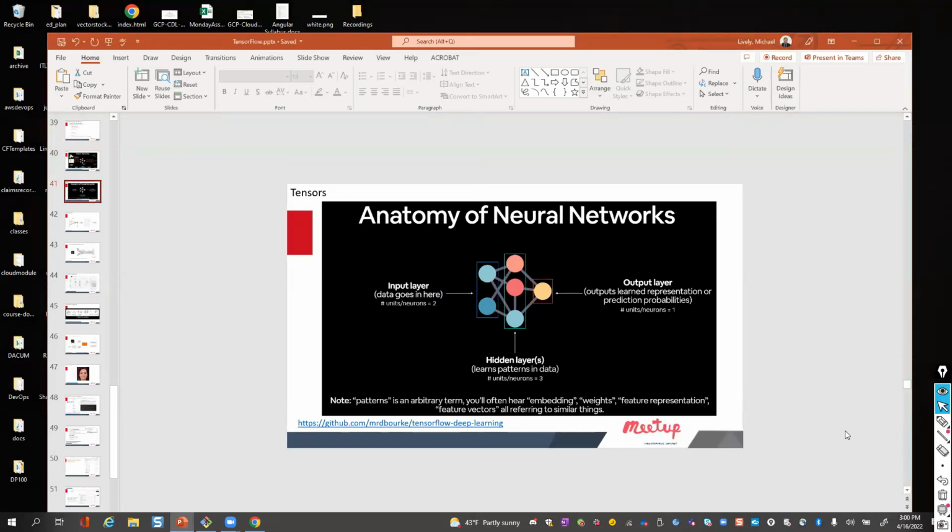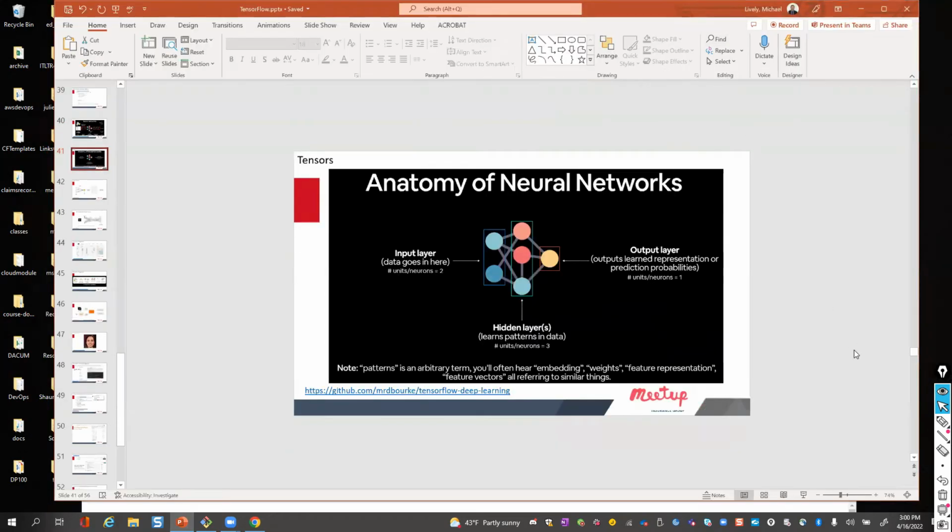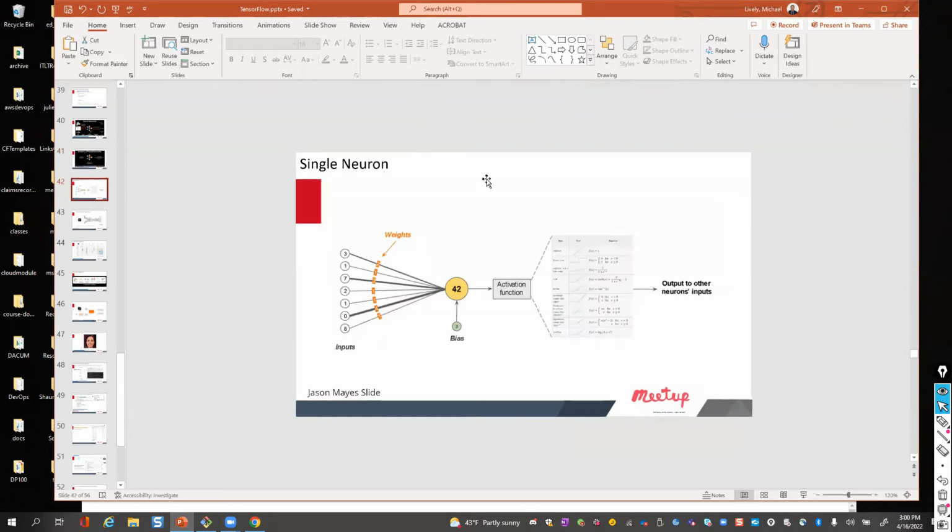And so just like I just said, make the screen just a little bit larger. You see that when it comes to a neural net, you have what you call your input layer, and then you have your hidden layers, and you can have many of them, and you have your output layer, okay? And so a single neuron consists of a bunch of inputs, and those inputs are weighted. So like your brain might see one feature or aspect as more important than another, then the weight would increase.